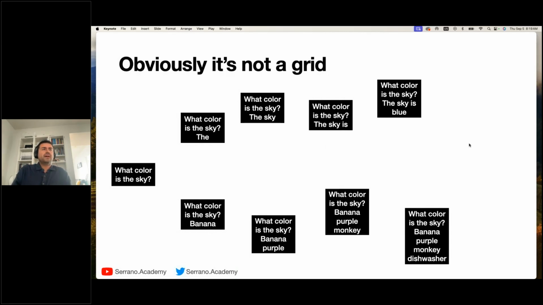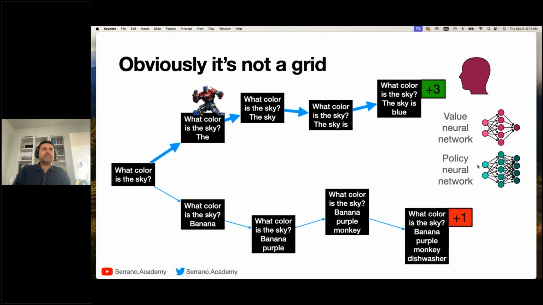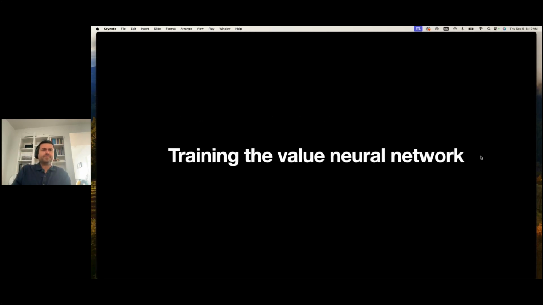It makes sense. So yeah, the idea is to have the value neural network guessing the output of the human, and to have the policy neural network guessing what these arrows should be, so that the transformer can kind of walk around. I think I have about 5 minutes, so I have time to tell you the loss functions of the 2 neural networks, and then I'll give you an idea of what DPO is. But feel free to stop me if I go over.